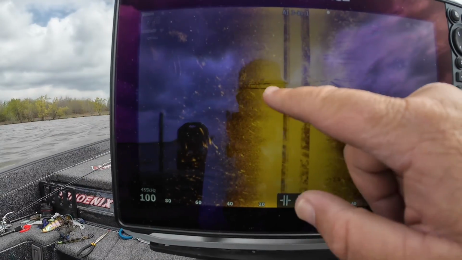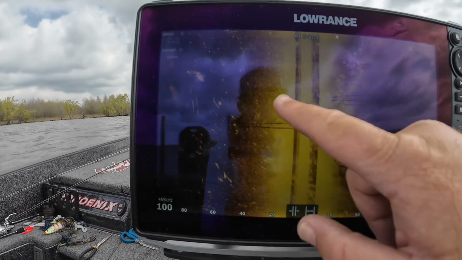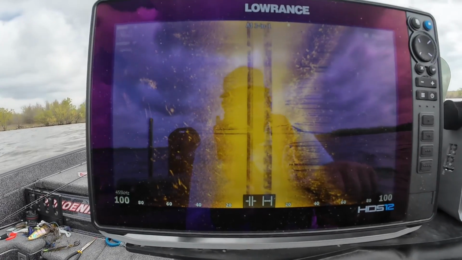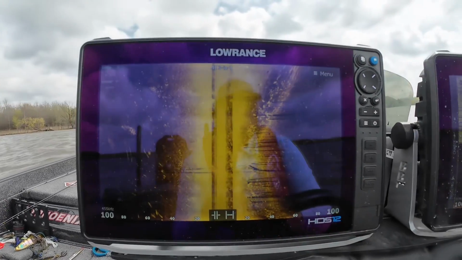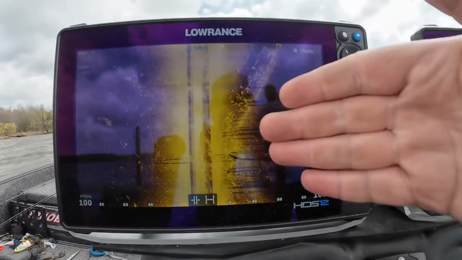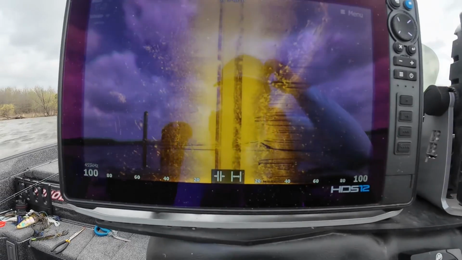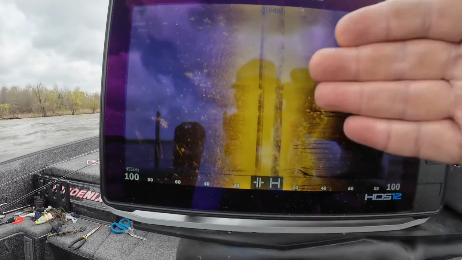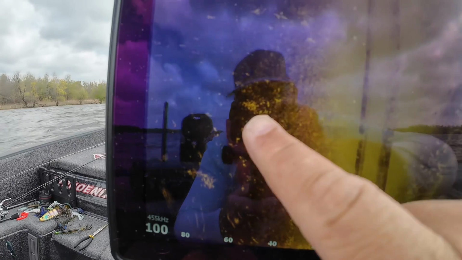If you see a fish mark over here to the side, if you find the corresponding shadow, you can tell how far off the bottom that fish is suspending. So shadows are very, very important, and sometimes they're the most important factor to be able to actually identify that there's an object there. Like if I'm looking for brush piles, really I'm looking for shadows more so than the brush piles themselves, because a brush pile will show up as a bright spot like this, but